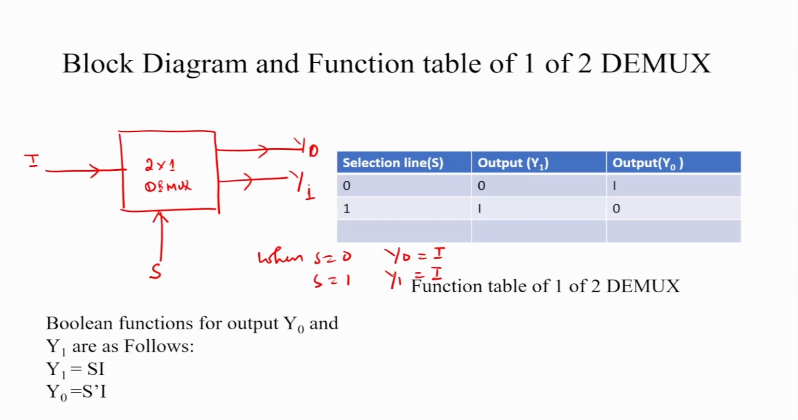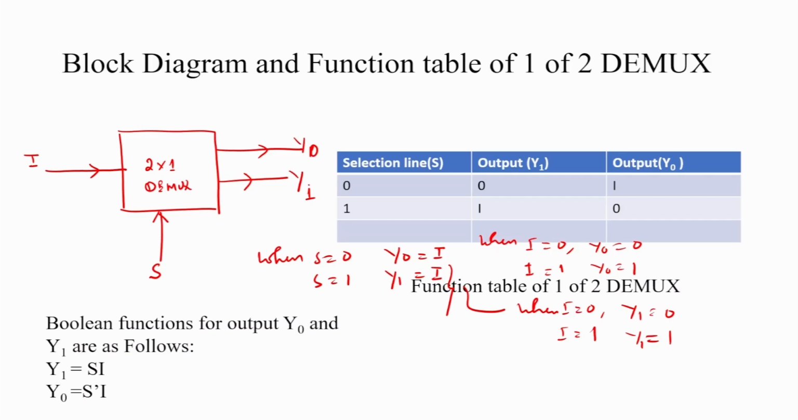Whatever the value of phi, when I is equal to 0, y0 will be 0, and when I is equal to 1, y0 is equal to 1. Similarly, y1 is 0 when I is 0, and y1 is 1 when I is 1. So whatever the value of input, a single input has two possible values, 0 and 1, and this input is supplied to one of the output lines, either y0 or y1,